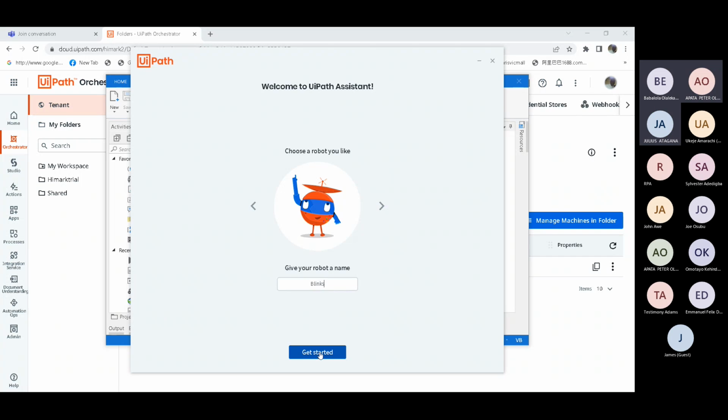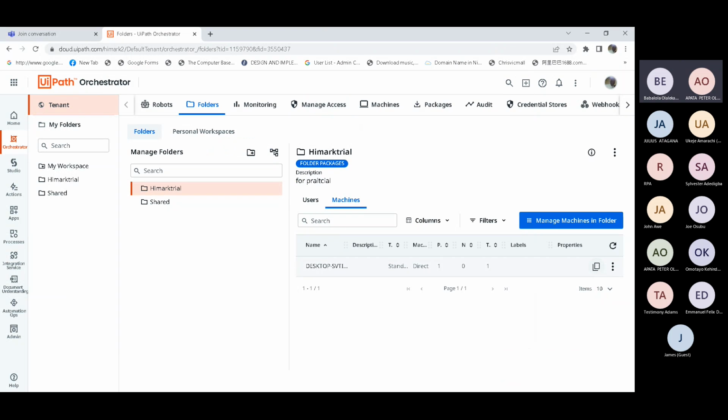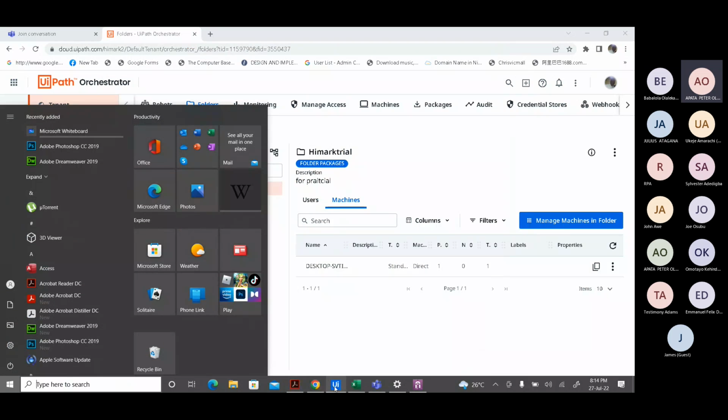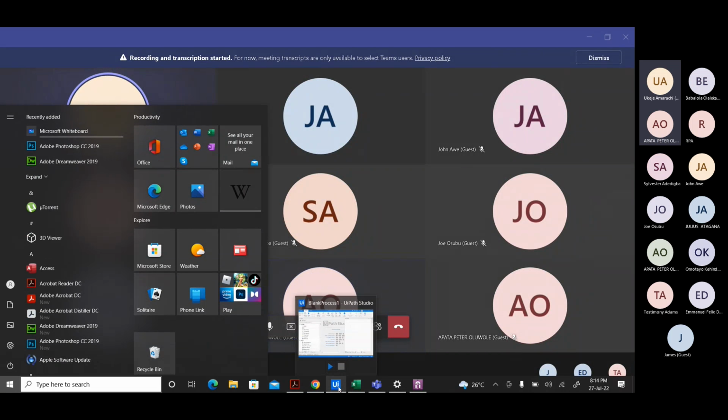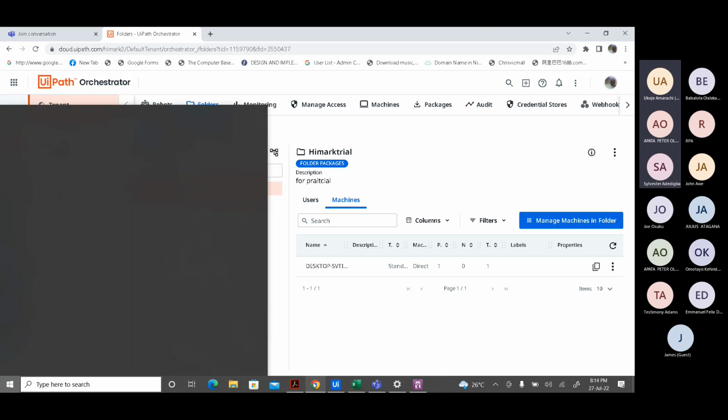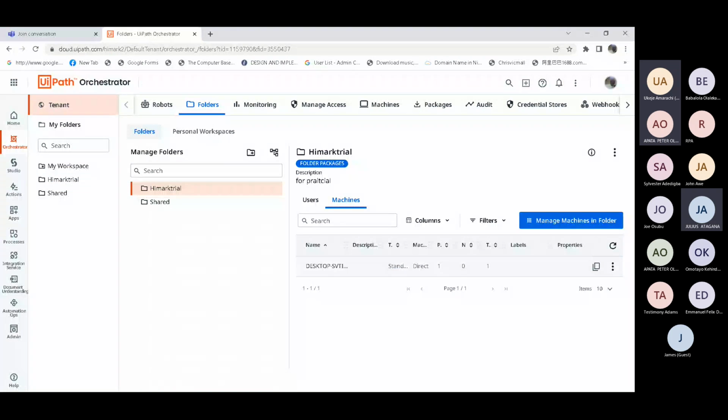I'm not seeing your screen. Oh, okay. You cannot see my screen? Hello? Hello, you cannot see my screen? What's happening? Can you see my screen? We can see it. Yeah, we can see it. Okay, yeah, it's okay now.